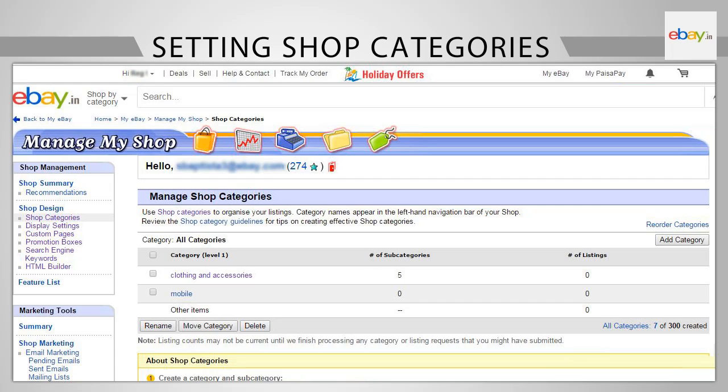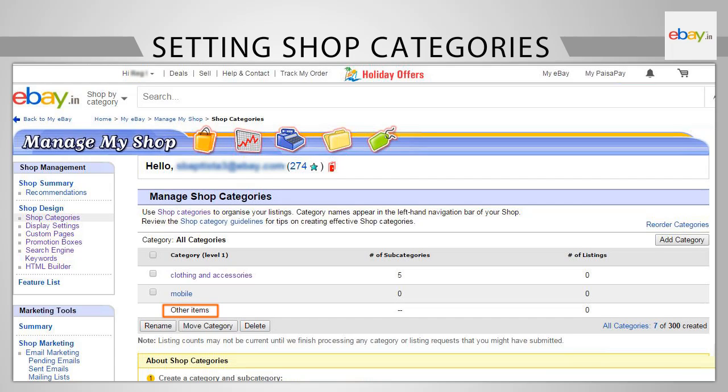Think like a buyer. Create a set of categories that will help buyers quickly find the types of items that you have to offer without overwhelming them. You can organize your listings according to the brands, type of items, price levels, and so forth. For example, if your shop primarily sells cameras and accessories, you can include categories such as cameras and optics, camera lenses, SLR lenses, etc. Consider creating special categories that attract buyers' attention, such as 50% off or featured items.